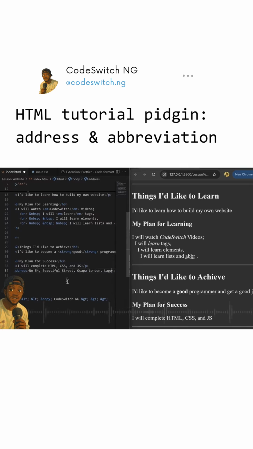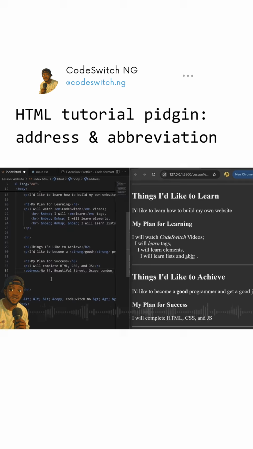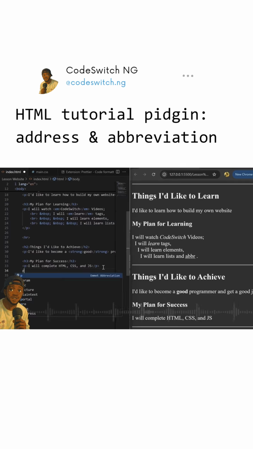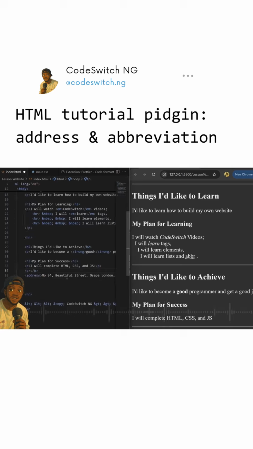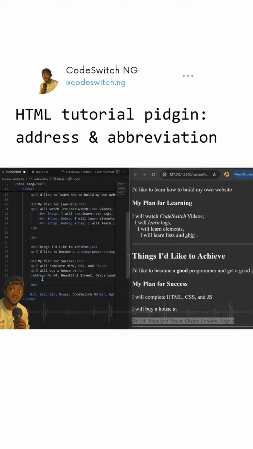For instance, this address, I could put it in a paragraph tag and it would work, but the browser and the computer would not get context as to what this part of the website is about. That is where it is good for your browser to understand what is on your page. It will help you serve your users better. It will help you make your SEO better, and it will help you make some optimizations which you would otherwise have to configure the browser to make. It will help you do them better. But if you do not use tags like address, you will not do them the right way. Now, let us move on to